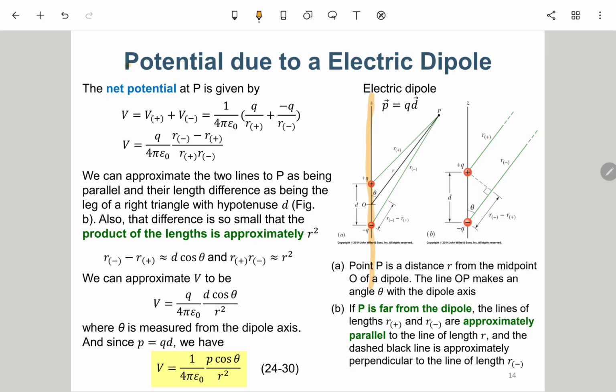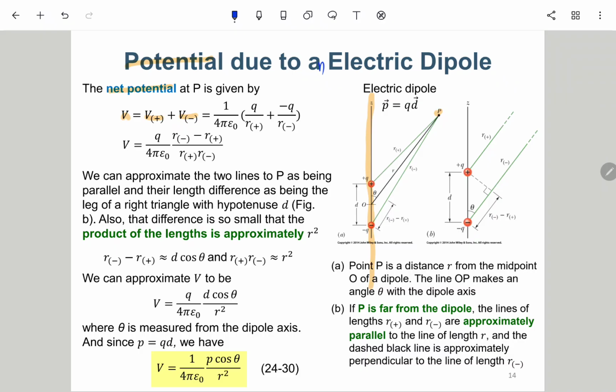Here, for the electric potential, because it is easier to calculate, we can actually consider any point in the space. So here, the net potential at P is given by V equals V plus plus V minus. For an electric dipole,